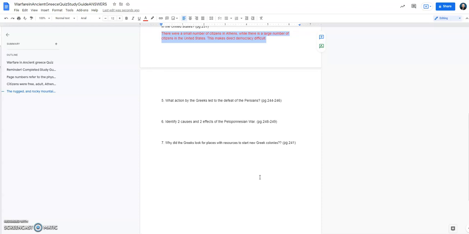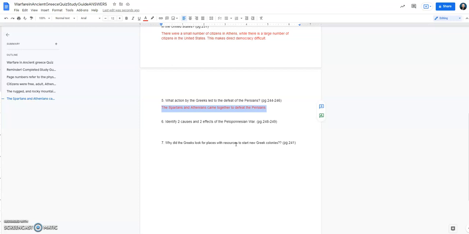So what did the Greeks do? Well, what the Greeks did was the Spartans and the Athenians came together to defeat the Persians. As we said, the Spartans and the Athenians and all the Greek city-states were isolated from each other. They weren't a large Greek empire. They were independent. So these two city-states, with a bunch of other city-states, but these were the two main ones, decided to team up. They formed an alliance, and with that alliance, they were able to defeat the Persians because